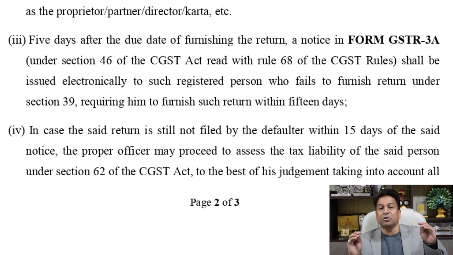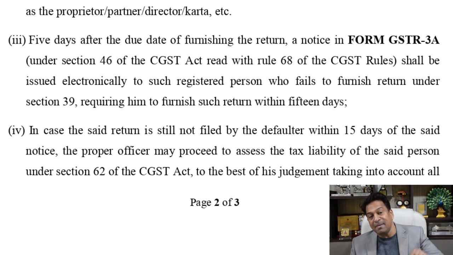Now this notice would be sent to such a defaulter who has not filed the return in spite of the initial reminder, and then the email being issued to them that you defaulted within 5 days. So this notice GSTR 3A goes to such a non-filer of return, then this SOP continues and says that within 15